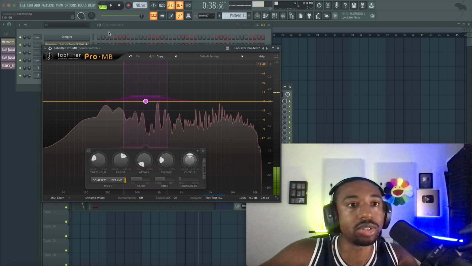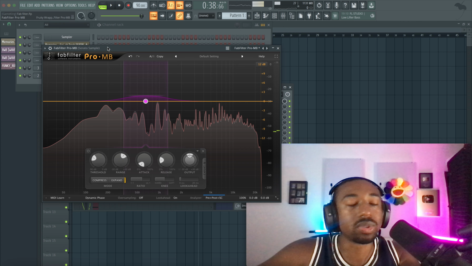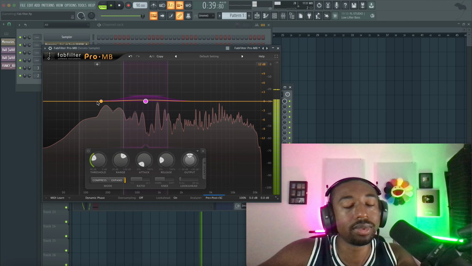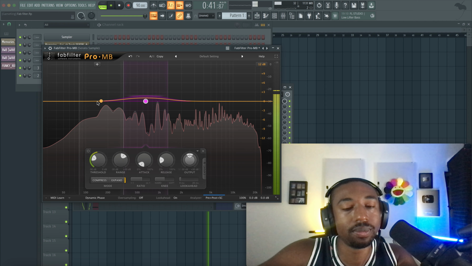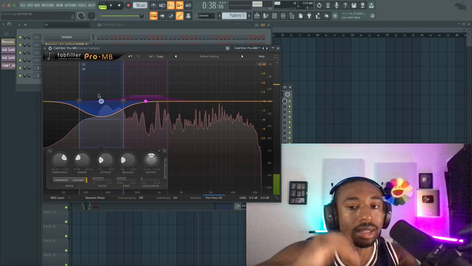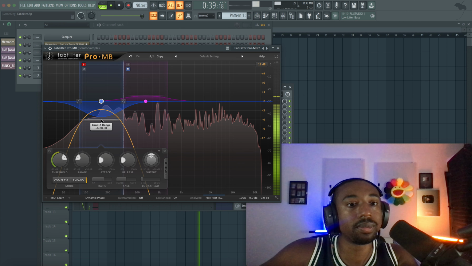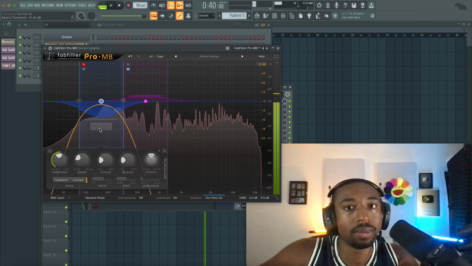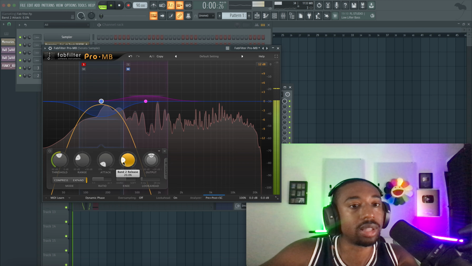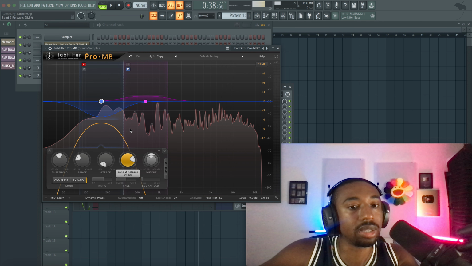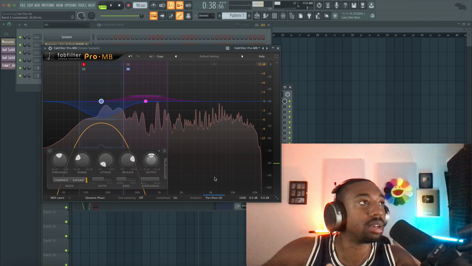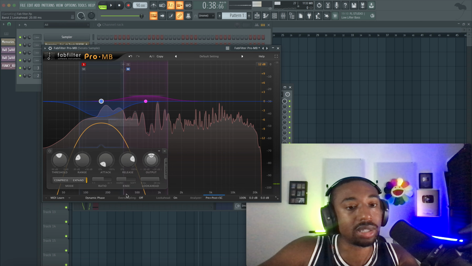Now, if a signal moves around too much and you want it to just stay still, we can also compress. So let's say we want the lows to just kind of sit there. So I'll just solo the lows. We're gonna lower the threshold. And then we're gonna lower the attack so that it starts right away and increase the release so it hangs on to the sound. Another thing is the look ahead feature. This basically increases the accuracy of the multiband, in short.